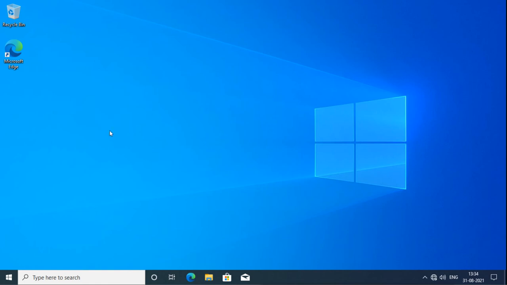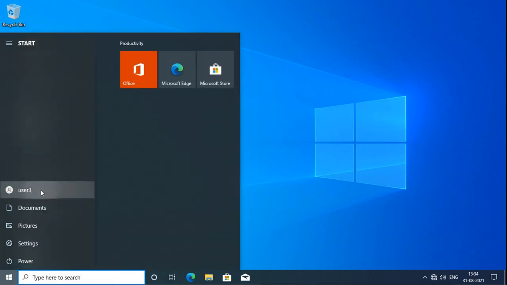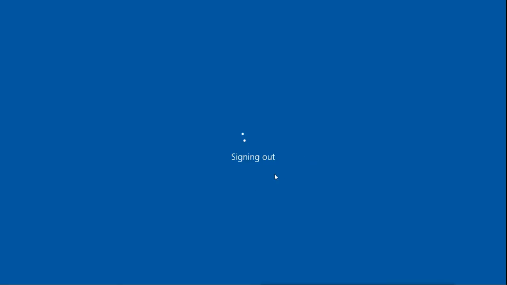This is what inheritance is. It is also not going to show you that on user 1. If I log in as user 1, the same policy is going to apply because it is inheriting from the top OU. So all the child OUs will go with the same policies.